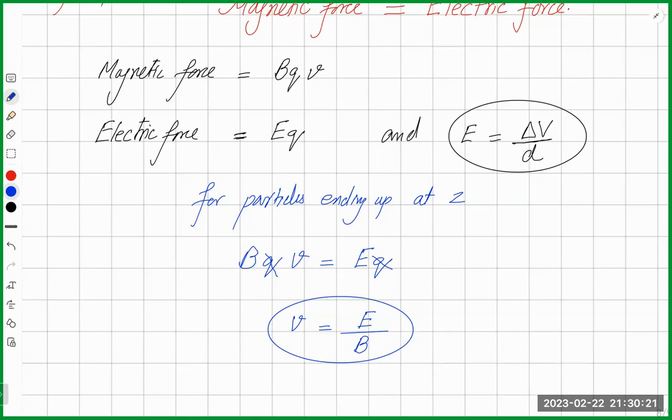If you are looking for the speed of the charged particle, all you have to do is just measure the strength of the electric field, and measure the strength of the magnetic field. To measure the strength of electric field, all you need is